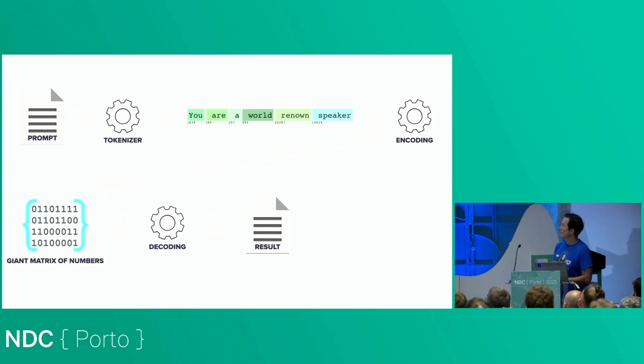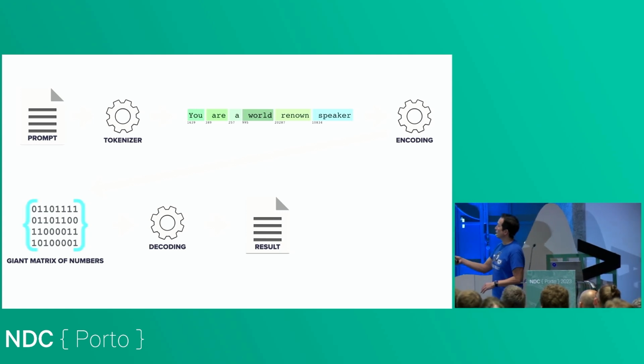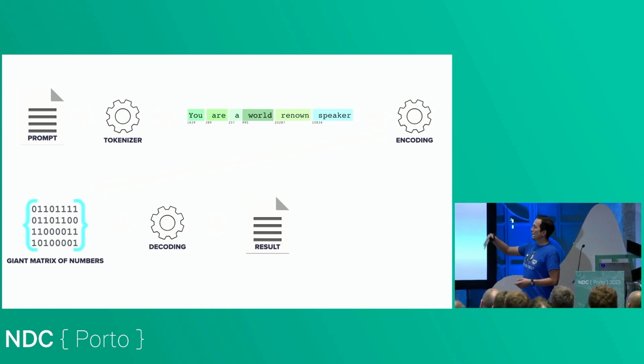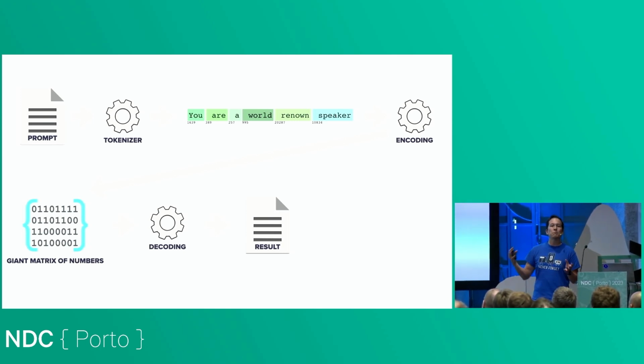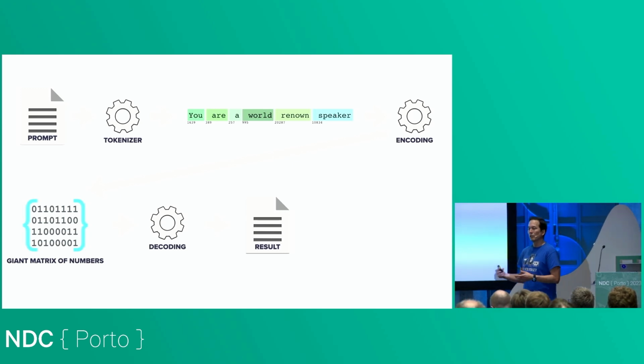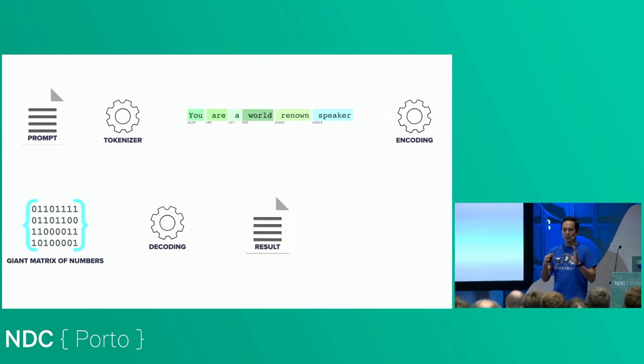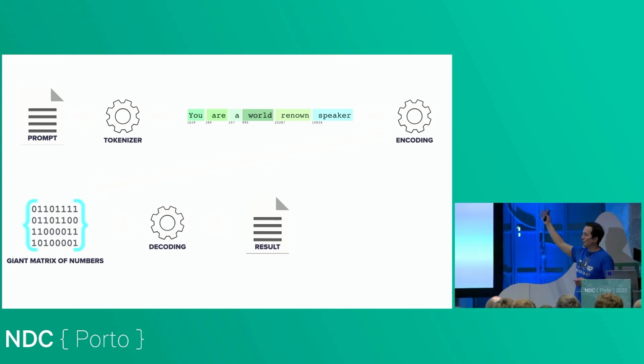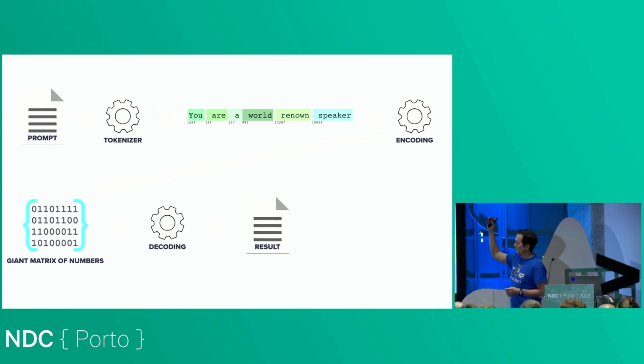I'll go into more detail, but first we have a prompt. That's your text that you're going to feed into the AI. It goes into a tokenizer, which is a simple algorithm where it assigns each word, or not each word, although it's easy to think of it that way. It assigns each thing a token, and then that goes into the encoder, which spits out a giant matrix